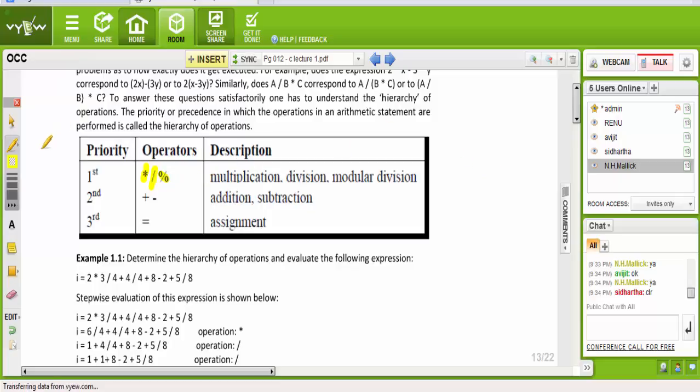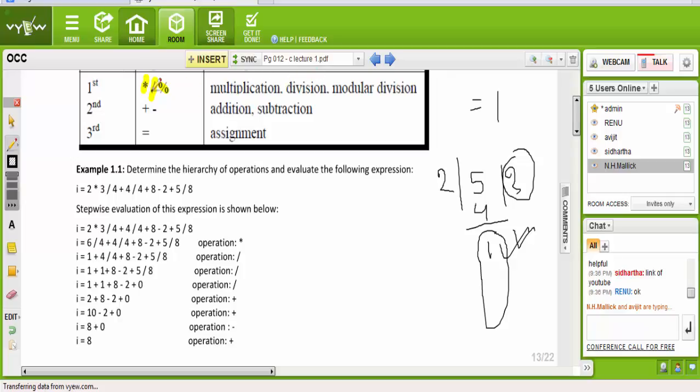If we do the operation 5 % 2, see the priority: the multiplication, division and remainder are the top priority level. The first one is multiplication, then division, then remainder. In the second level there are addition and subtraction, and the third one is assignment, or equal to.